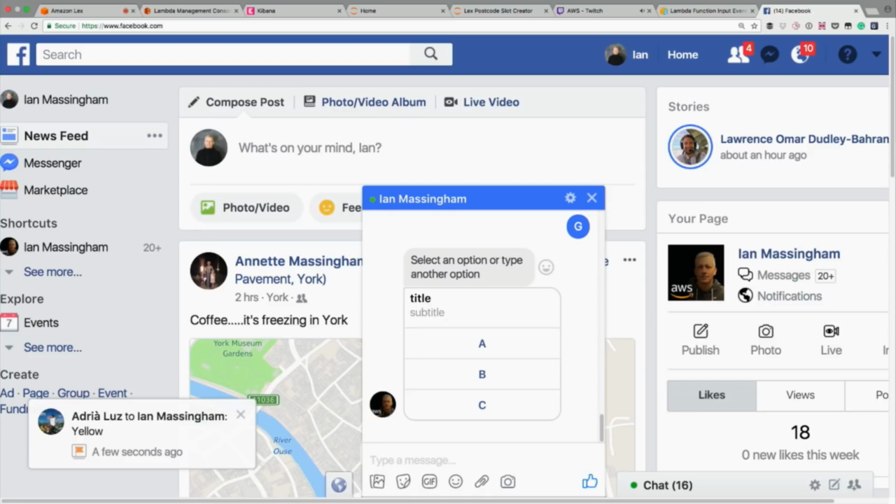Now these response cards are supported today on Facebook and on Slack. And they're nice because if I was on my phone, each one of those buttons would be touch enabled. So if I've got a small number of options that I want to present to a client, and I know that the client is likely to be on a touch-enabled device, I can generate those response cards with those URL buttons in them, and customers can directly select an option without having to type. It's really good for things like confirmation dialogues. Yes or no? Are you sure you want to do this? Or I've got small or medium or large available. Do you want a medium or a large item, M or L? So that is a really neat feature for integrating with the touch interface on devices like this.